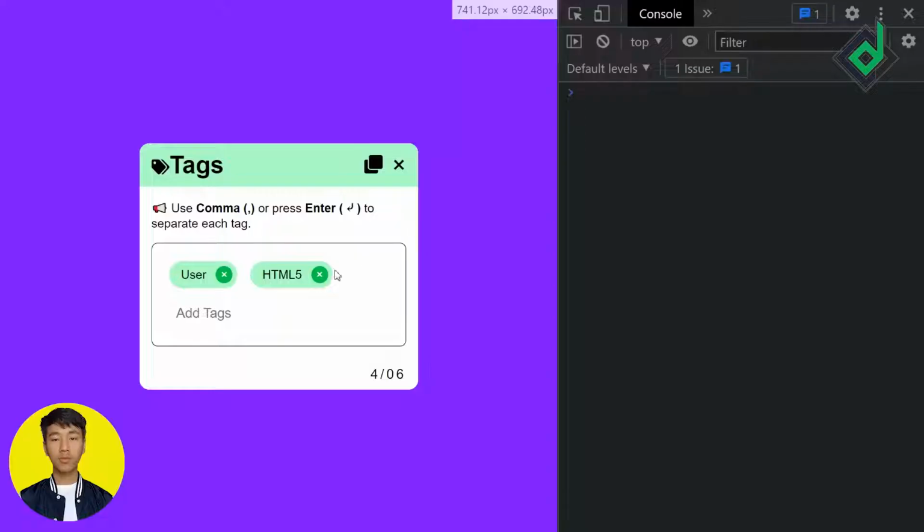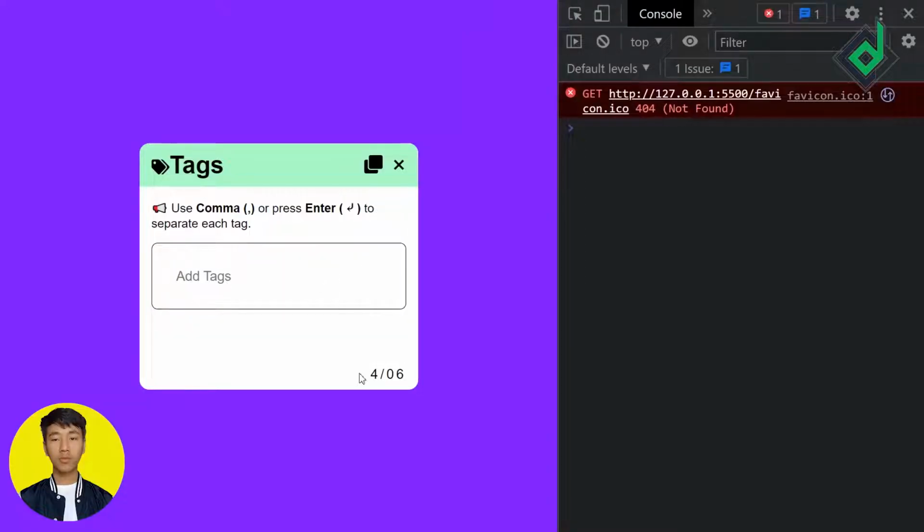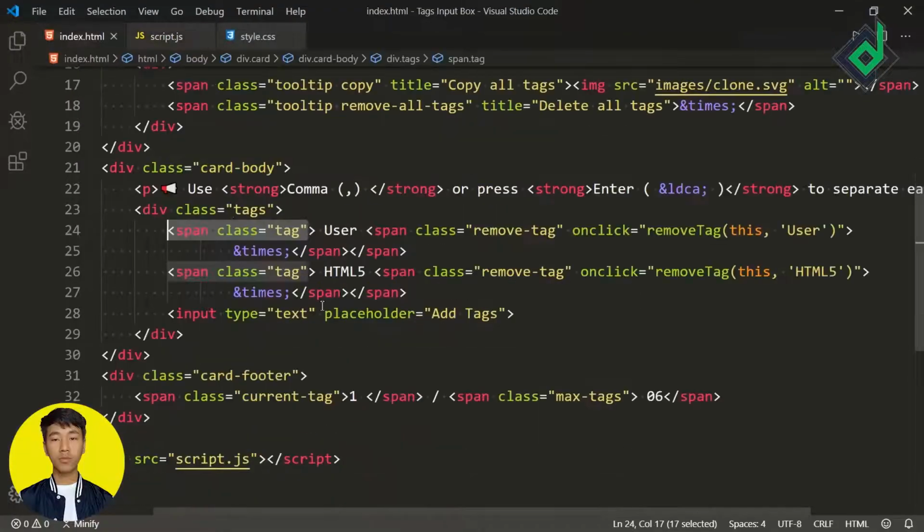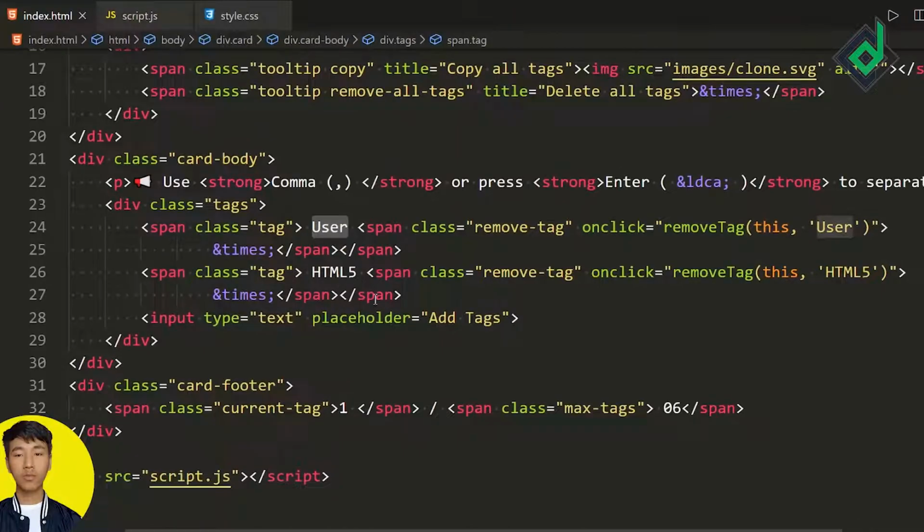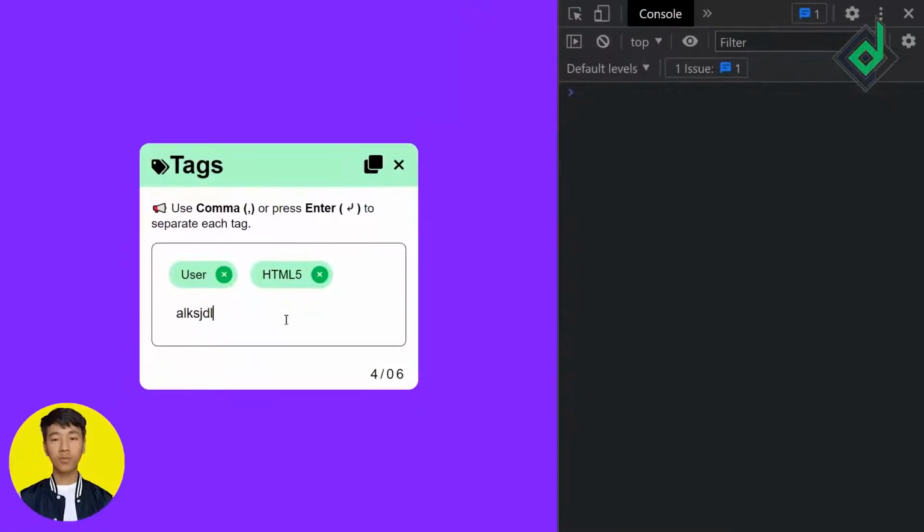Now in the browser, if I click that cross icon, did you see that all the tags are removed one by one, and that is not reflected in that number? It's because the tags are created manually. So now it's time to create these tags dynamically whenever you are typing anything in that input text field.